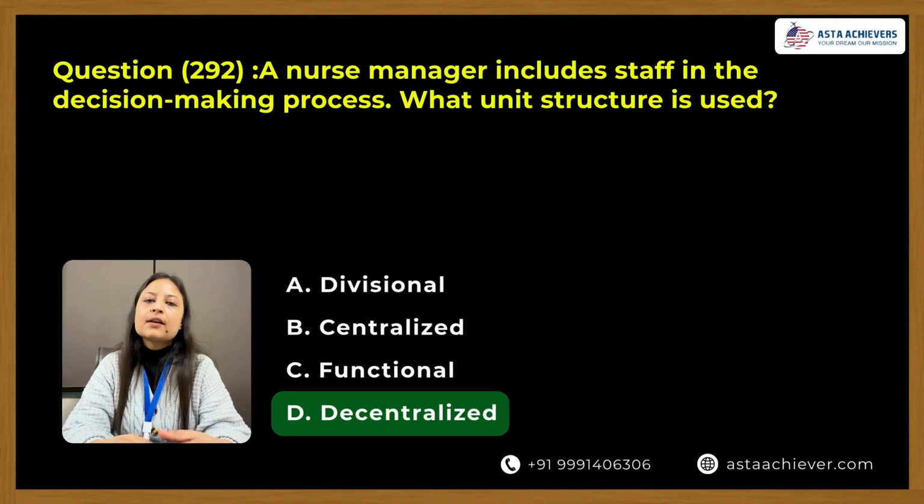Option A, divisional. Option B, centralized. Option C, functional. And option D, decentralized. So option D, decentralized is the correct answer because it can distribute the decision making authority throughout an organization, empowering the team and individual to take ownership, innovate and act